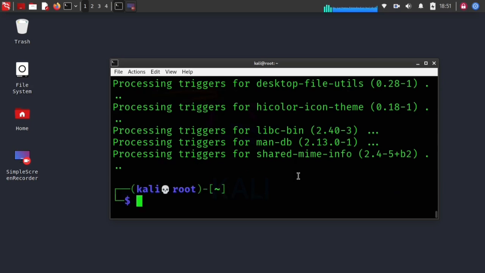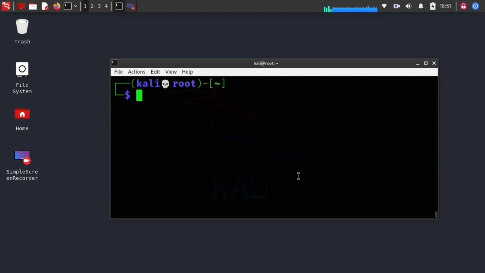So let's see when it will complete. Okay, yeah, completed. It has taken a huge time. Now we will download the extension pack. The command is here: install virtualbox-ext, and then